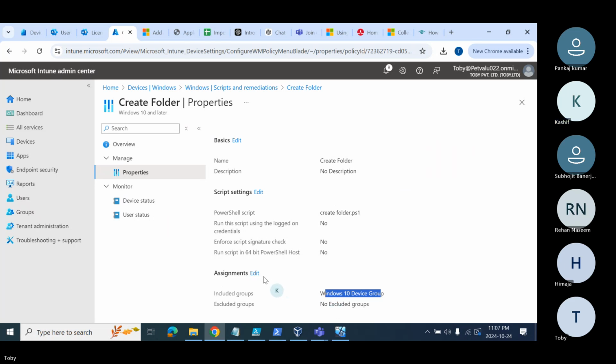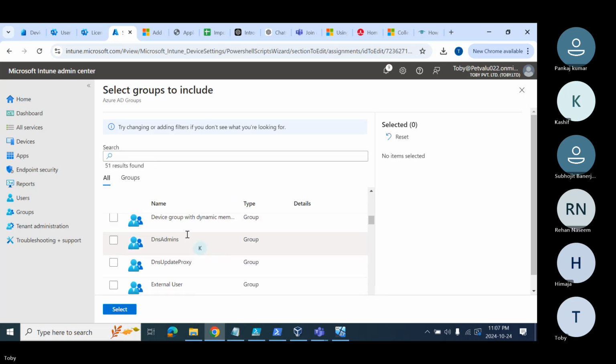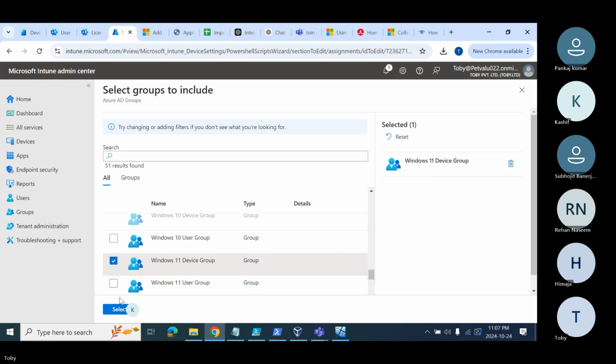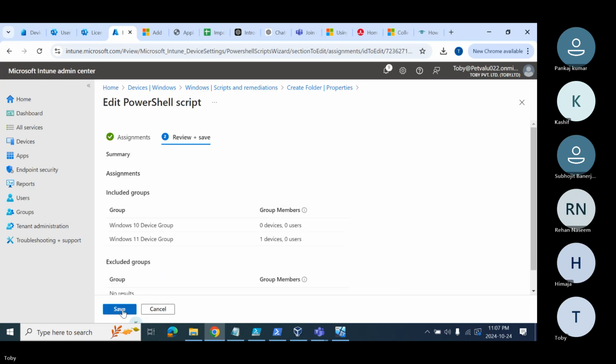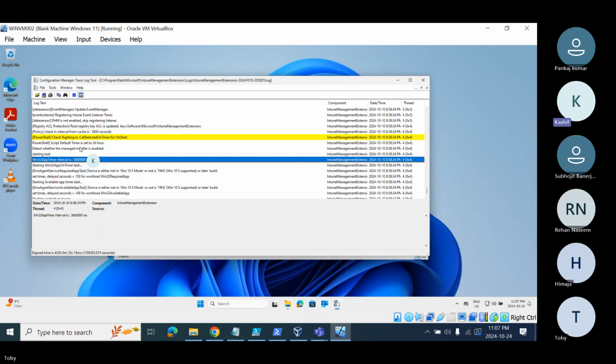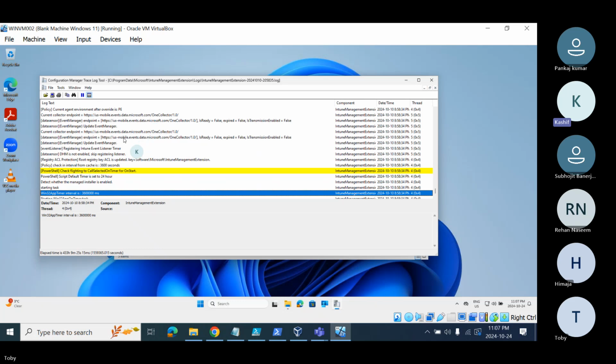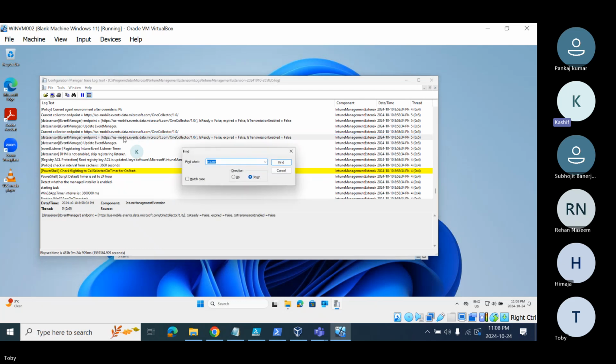Okay. So let's deploy it to zero devices. But it will take time to execute. So what I'm saying is you will be able to see the PowerShell script, whether it was executed successfully or failed, you will be able to see the script as well. You can monitor the PowerShell script deployment. Plus the